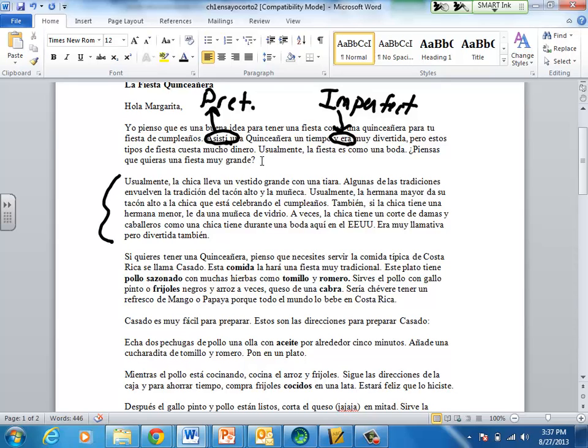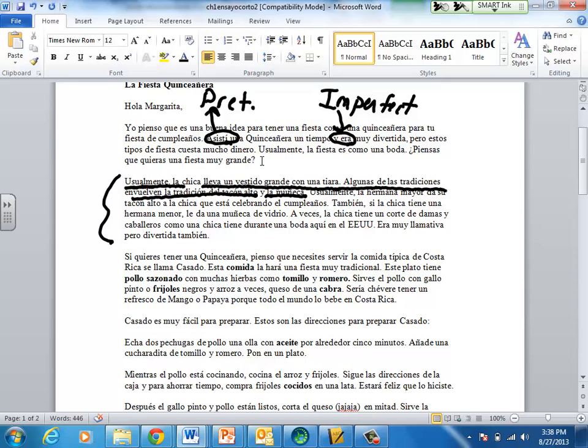So I'm describing the quinceañera, and in this paragraph right here, I'm talking about the traditions. You don't have to go into much detail like this, but this will help you because tomorrow I'm going to ask you some questions over the traditions. So just to see if you're paying attention. Usually the girl wears a big dress with a tiara. Some of the traditions